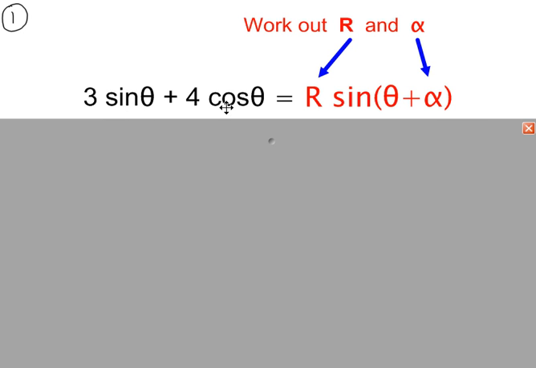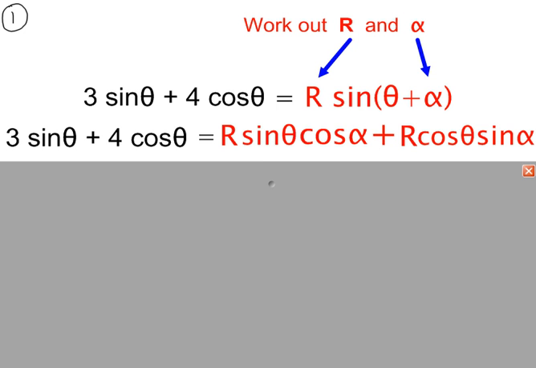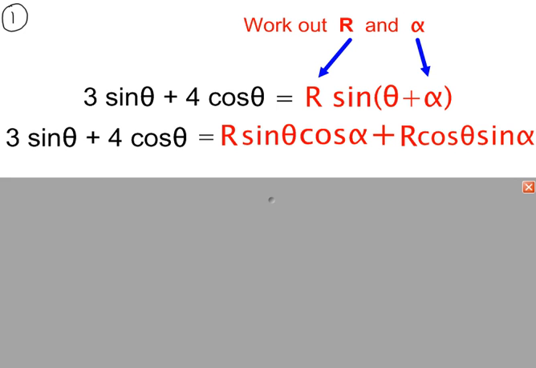Example 1. Let's write this in terms of just sine. So using the compound angle formula for sine, we can expand this like this. Remember, there is an r here and here. So we have a sine theta term here, and we have a sine theta term here. This sine theta term is multiplied by 3, that's the coefficient of the sine theta term. This one is multiplied by r cos alpha. So comparing the coefficients,